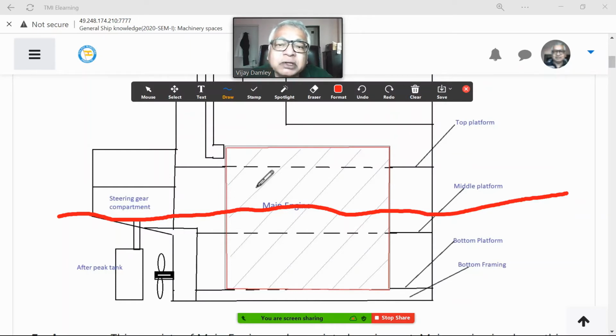So we have turbochargers. These turbochargers are also driven by exhaust gas. Exhaust gas drives the turbochargers to supply more air under higher pressure. So there is more oxygen to burn and you develop more power from the engine.